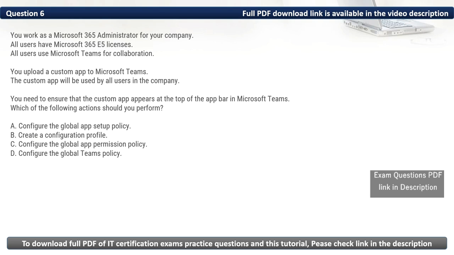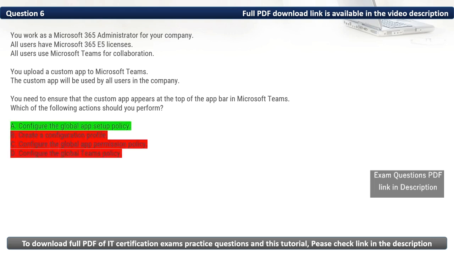Firstly, let's discuss the incorrect options. We have B, create a configuration rule. It is not relevant to pinning apps; configuration profiles manage device settings. Then we have C, configure the global app permission policy. It manages permission for apps, not the location or visibility in the app bar. Then we have D, configure the global teams policy. It manages overall team settings but does not control app placement on the app bar. As such, the action that we should perform is to configure the global app setup policy. Thus, the correct option is A,